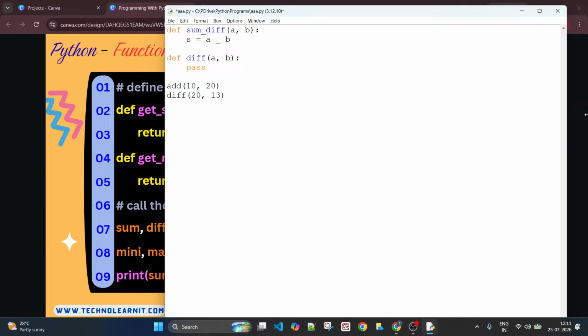I'm just breaking it down into small pieces. I can do it in one statement also, but I'm just doing it this way. Difference is a minus b, right? All right. Now I'm supposed to return the sum as well as difference. So see how I'm returning value, how I am writing the return statement. I'm returning more than one value. Then I need to separate those return values by comma.